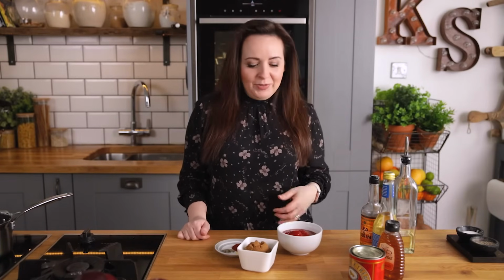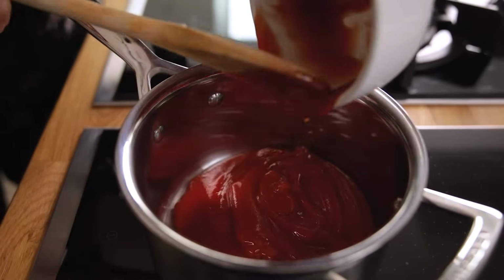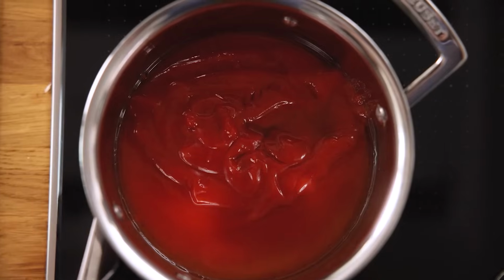Whilst the wings are in the oven, we're going to make the super simple barbecue sauce. All of the ingredients are cooked in the pan at the same time. We're going to start by adding 300 grams or 1¼ cup of tomato ketchup to the pan. Next in goes 4 tablespoons of white wine vinegar, 5 tablespoons of dark brown sugar,